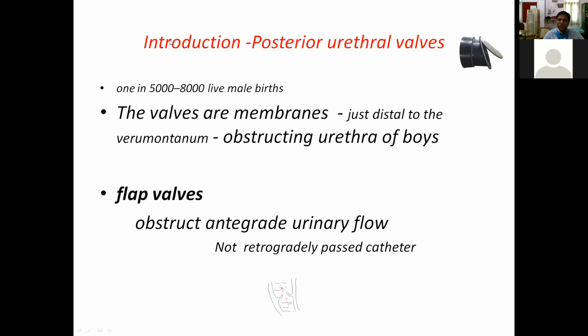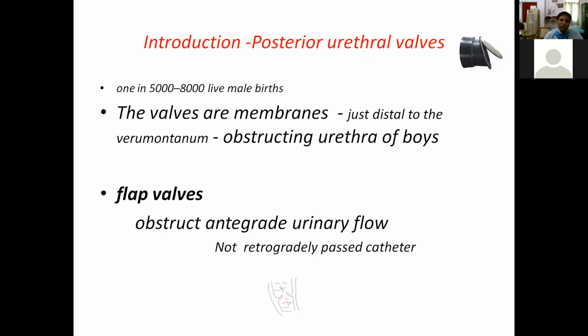The architecture of these valves is that they resemble flap valves. You can see the flap valve. This flap will allow only unidirectional flow. The fluid can pass through this way, not in the reverse direction. They are the flap valves. Majority of the valves in our human body are flap valves. The cardiac valves are also flap valves. They are just membranes. They allow unidirectional flow of blood in the heart. It's like that here also, they act as flap valves, but in a reverse direction. Cardiac valves, though they are valves, allow the blood in a direction which is useful to the body.